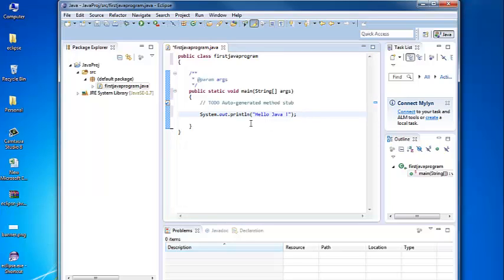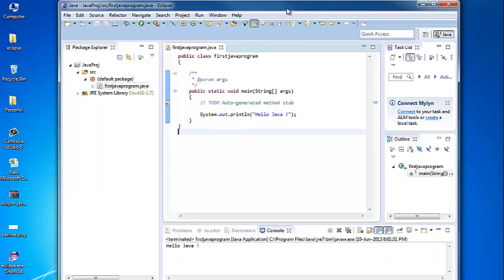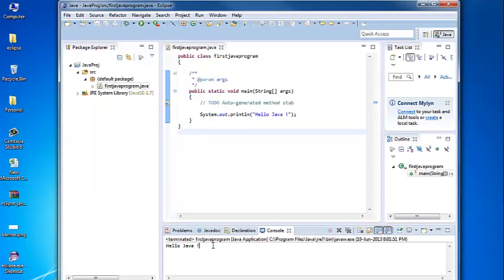Every statement in Java ends with a semicolon. Alright, so we'll save it and we'll run from here. Run. Alright, so you can see the output of this program in the console. And what is the output of the Java program? It says Hello Java.